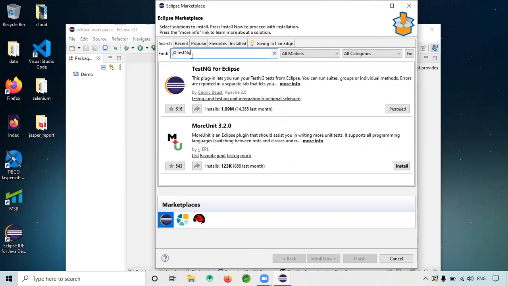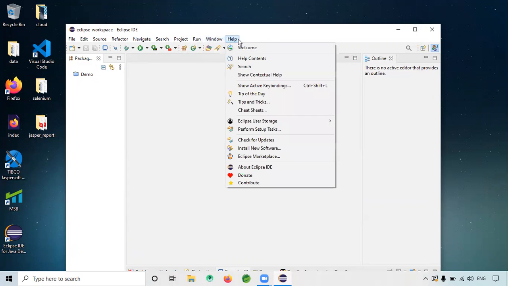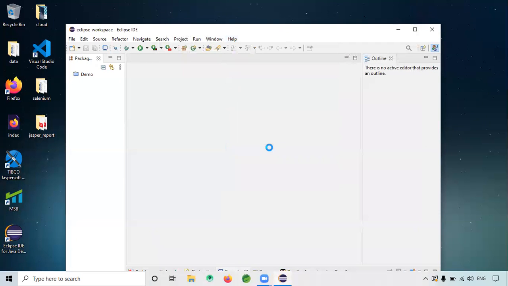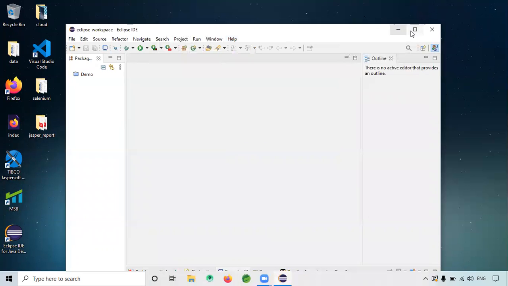Okay, that is one thing, and another is Maven. You need to install that. You know how to do it, the same thing with Maven. If you go to the new Maven software update, it is already there. I think I might have set the path earlier when I installed Maven. If you give the HTTPS Maven link here, you are able to install that as well. So both should be there.